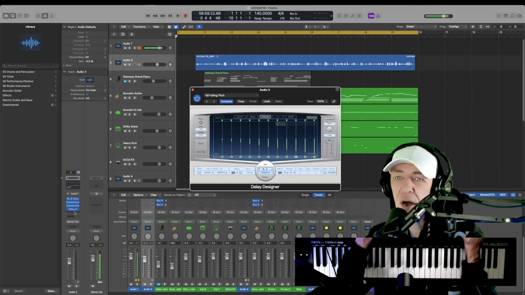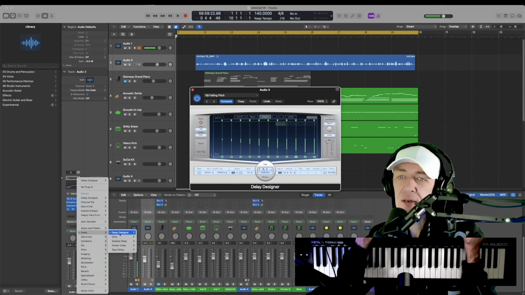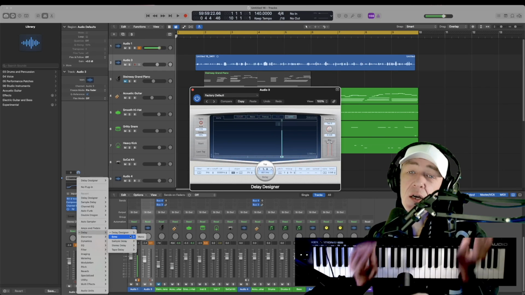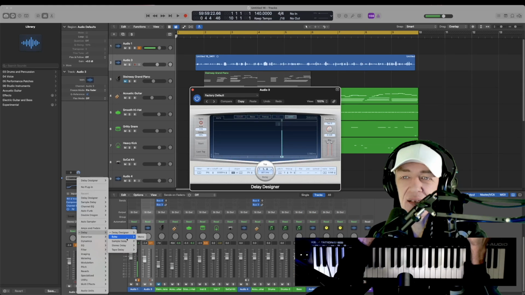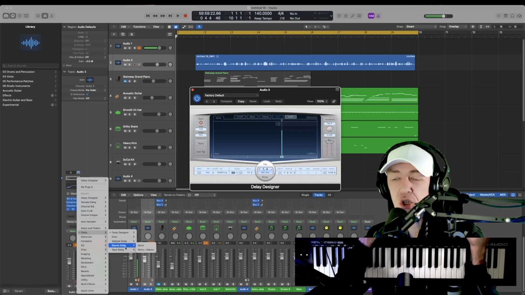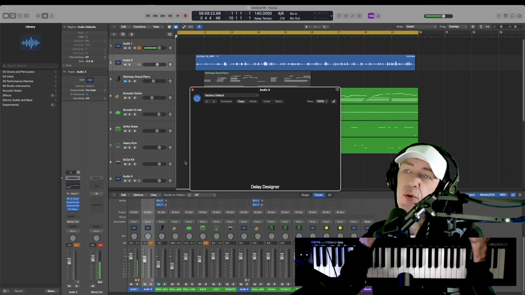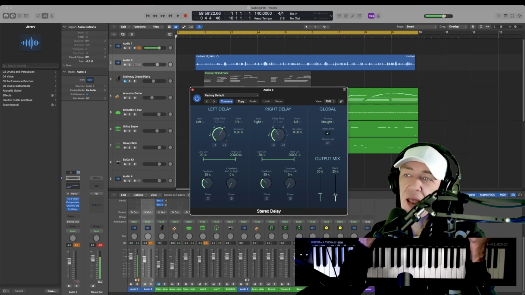So that's a quick walkthrough of the Delay Designer. Sidebar, your sample delay is literally a delay. It'll just delay stuff a little bit, so it doesn't actually echo anything. Okay, so stay away from the sample delay if that's not what you're looking for. Just an offset, basically. Stereo delay, this is the one I tend to use the most, and we bring it